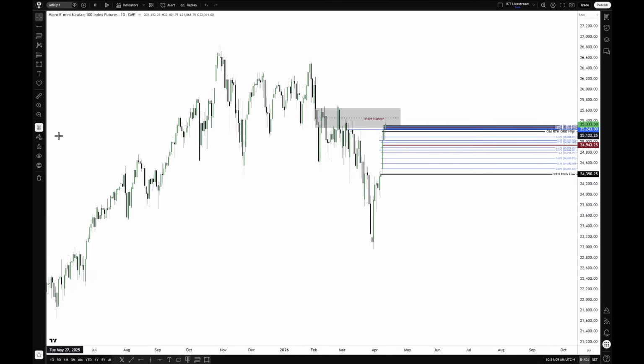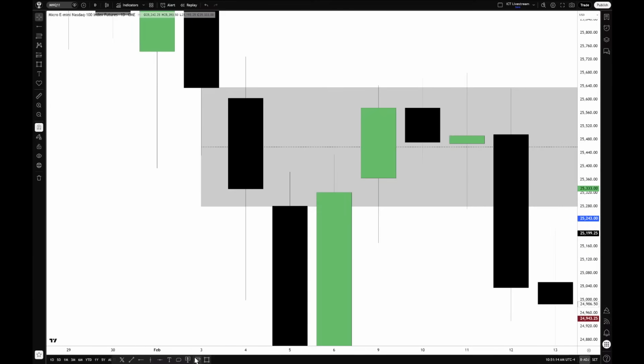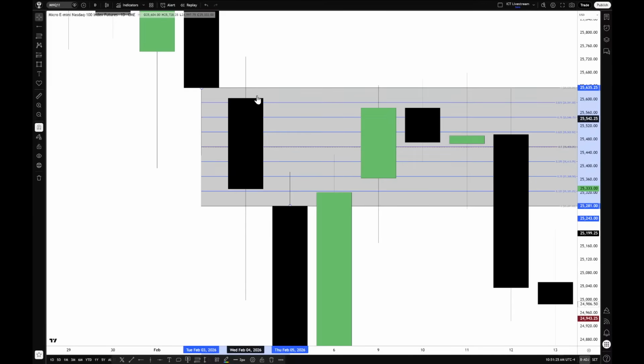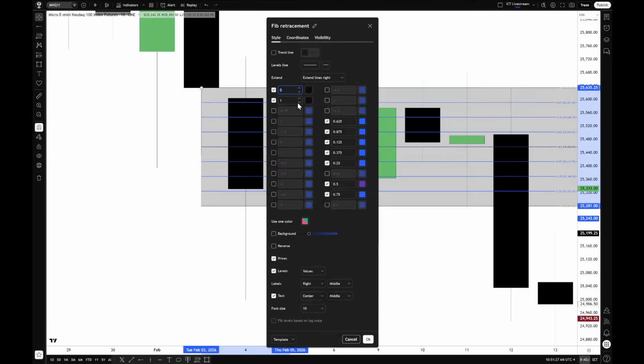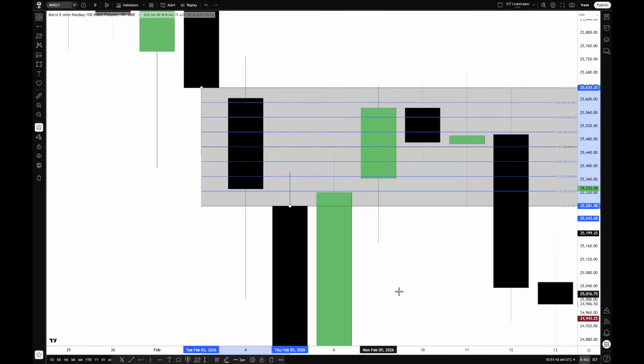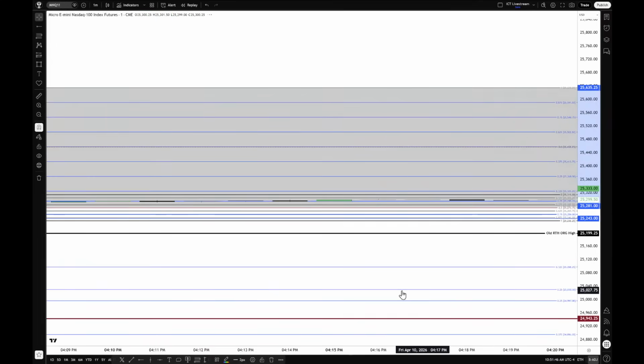So if we look at the suspension block here, I'm going to measure with the fib from the closing price here on this candlestick to the open of this candlestick here. So I'm dragging it from here down to there. And I'm going to toggle on so you can see this fib settings. Okay, so you can screenshot that. That's what I'm implementing. Here's your octant levels and your regular upper quadrant, consequent encroachment, lower quadrant, and all of these are octants. Okay. Now with that, when we go back down to the 1 minute chart,